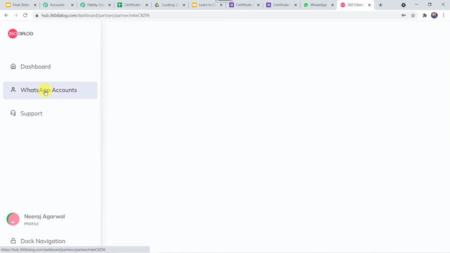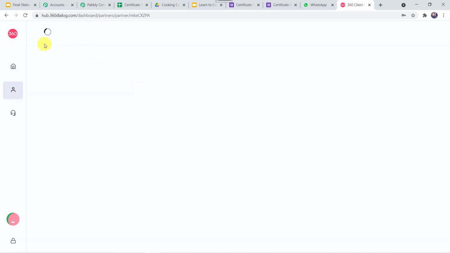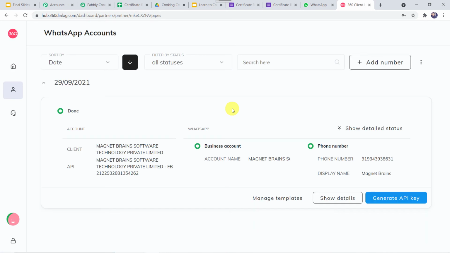I'll just click on this. The page is getting loaded. Let's wait for some time and we will find the API key over here now. Okay, now here we have to click on generate API key. We have to click on this. I am not clicking on the generate API key option because I have already generated the API key. In your case, you have to click on this API key.